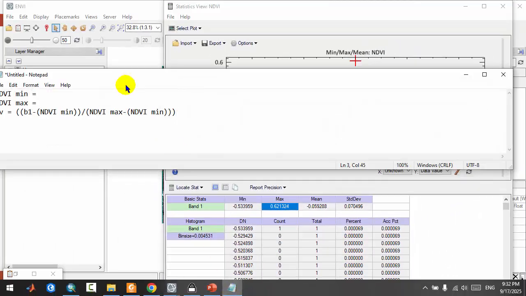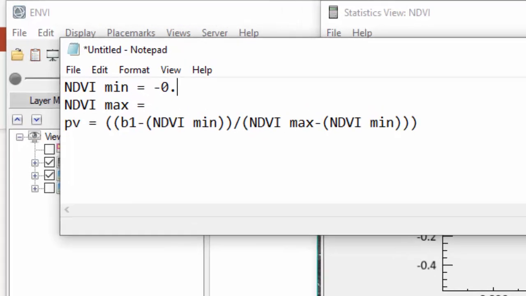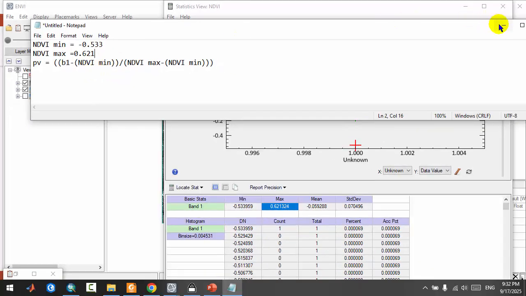Okay, in this text I prepared, NDVI mean is negative 0.533, NDVI max is 0.621. Okay,